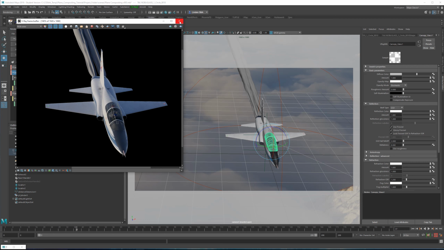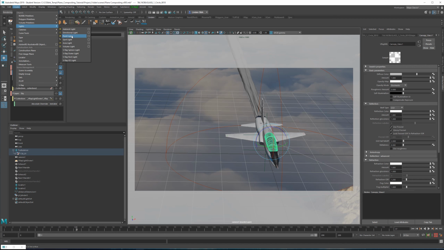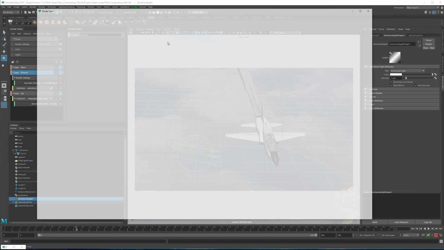So one thing I can do, I could go into the HDR and make it a little bit brighter, but perhaps what would be a little easier here is to just create a directional light and line it up with the sun in the HDRI. Let's go up to create lights, directional light. Just gonna rotate this around, pull this up. Just tilt this down a little bit. I'll turn IPR on again.